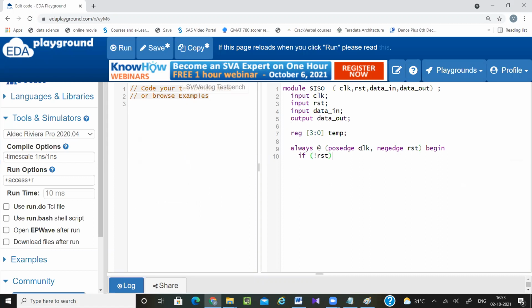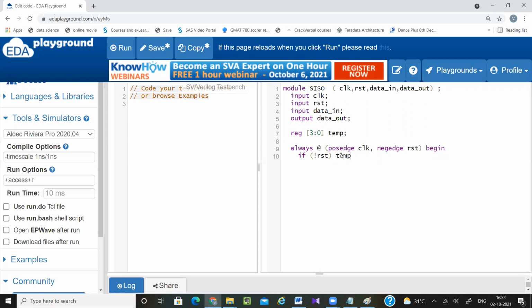Remember, whatever reg signals you are taking in your design, always try to initialize them with respect to this reset signal, because reg has a default value of X. If you are not initializing them and this output is connected to other designs, then those designs' outputs may also become X. So always remember, whatever reg type signals you have defined, whenever you activate reset, always initialize them.